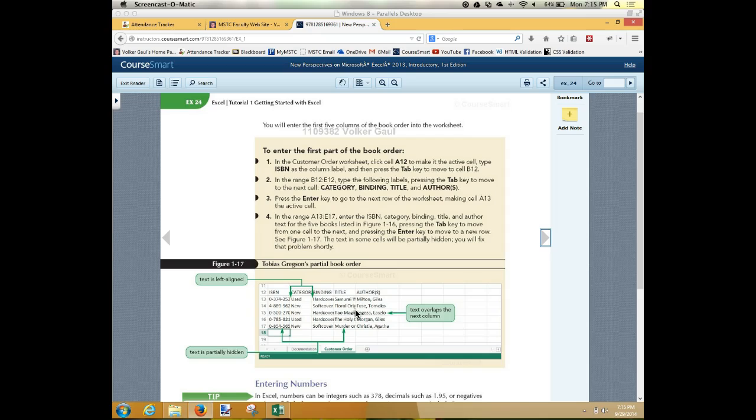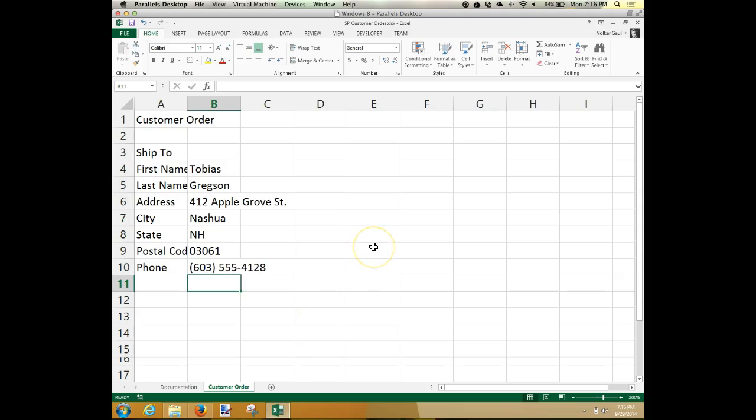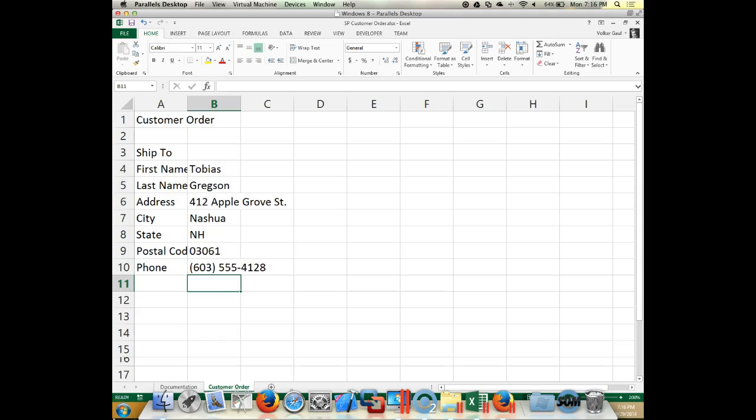Okay, now the book wants us to enter a bunch of stuff. We're going to do a little bit of it, and then we're going to import to save ourselves some typing and hopefully some time. So that's on page 23, 24. It shows you all of this stuff. And they say that in cell A12,